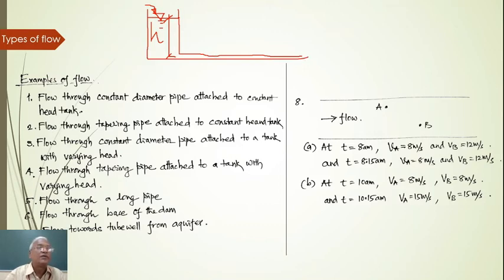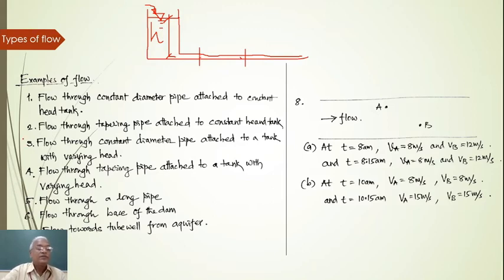So what will be the flow? With respect to time, it is not changing. With respect to space also, it is not changing. That's why this is steady and uniform flow. Steady because with respect to time, the head is not changing. Because of that, the velocities are not changing. It's a constant diameter, so whatever velocity is at one point, the same velocity will be at the other point. So that's why it is steady as well as